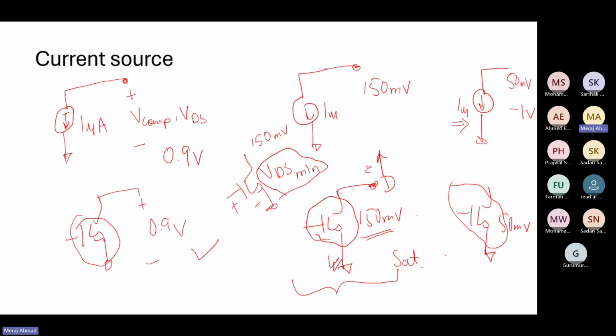in output stages. Suppose you have a current source load in one of the output stages. Suppose this NMOS is your current source. So this node is swing dependent, right? If this is your VDD and this is your ground, this potential can reach a lower point. So we need to make sure that even if it is at this lowest point, the current source remains